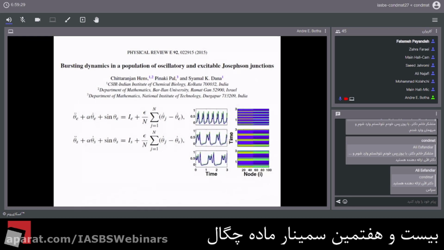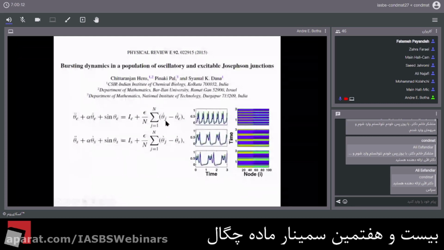Also in the literature, one finds other neuronal models based on the Josephson junction. In 2015, a group from India in collaboration with Israel wrote this paper about bursting dynamics in a population of oscillatory and excitable Josephson junctions. So here again we see the basic equation for the junction on the left with the bias current, but the junctions here are coupled by some